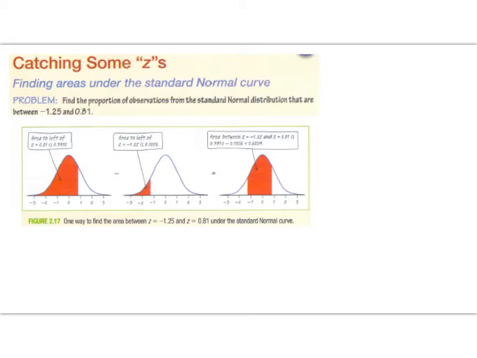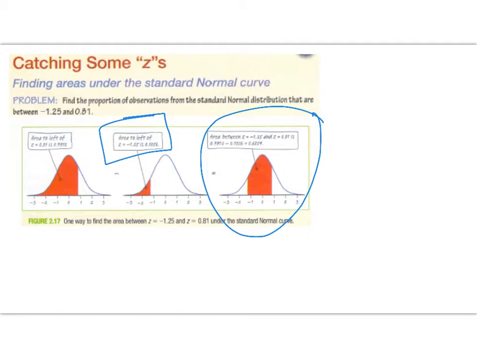So let's look at an example here that is asking for the proportion of observations between two z-scores. Find the proportion of observations from the standard normal distribution that are between negative 1.25 and 0.81. So we're looking for this area right here. We want to find the area between them. So if I use my table A, and I look up my standardized score of my z-score of negative 1.25,